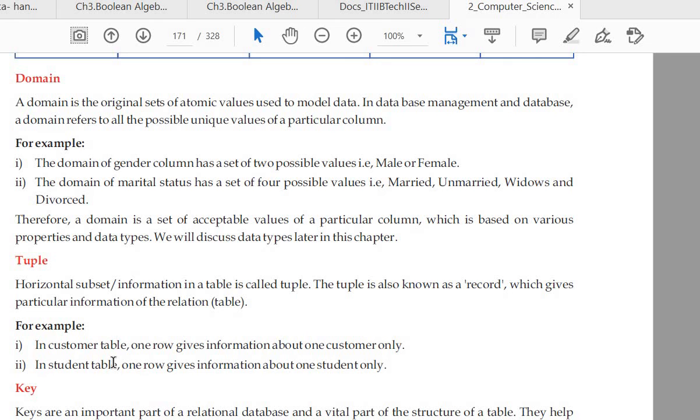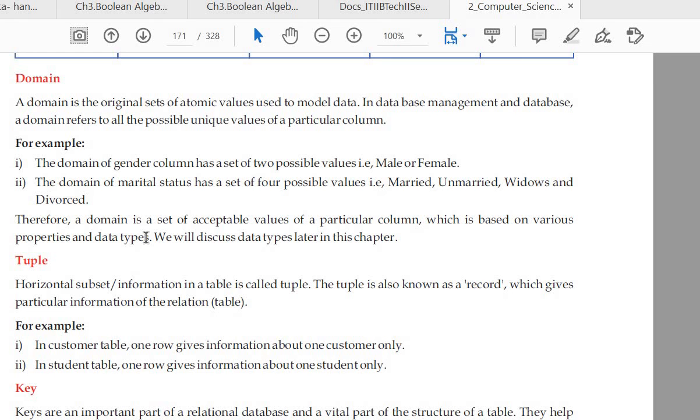Fine. If we talk about gender, we cannot divide it further. Gender is of two types, male or female. So that is your domain. The domain of the gender column has two possible values, either male or female. Or we can say about age also. The possible age of an employee of a company must have a value between 15 to 80 years, where we define a domain with particular values.